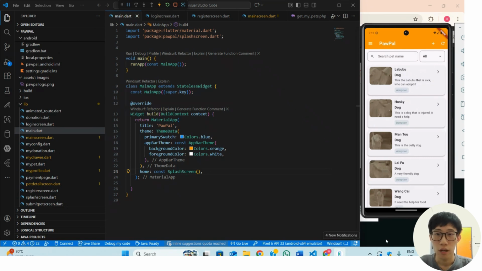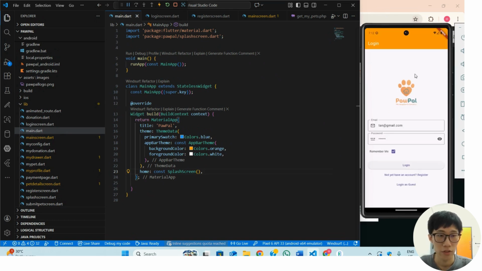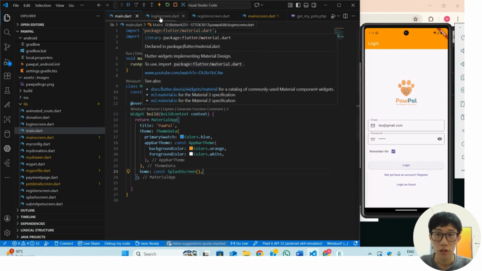So now I will start my presentation. Let us restart the application first. In my application, there is a splash screen for 3 seconds to let the user be redirected to the login page. So in the login screen,